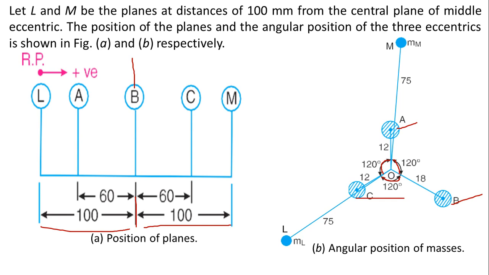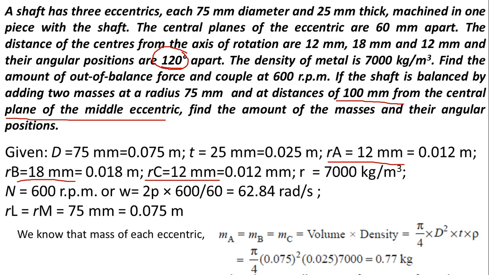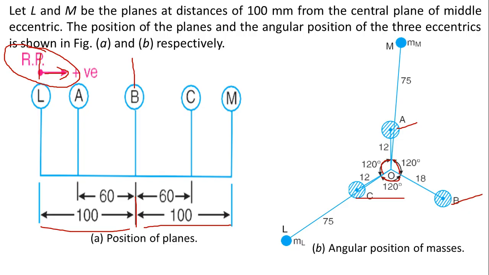For the reference plane, you have to take one unknown balancing plane as the reference plane. So we'll take the reference plane on L. We take the extreme end, because one balancing plane is to be unknown, so that the other things can be easily found. Towards this side all positive, there is no left side to this, so no negative at all. Okay. So next step, go further.